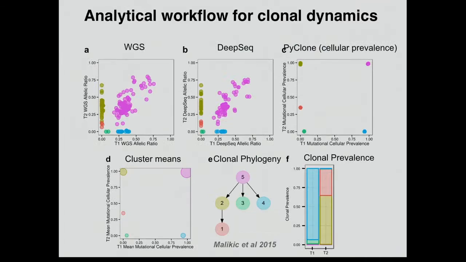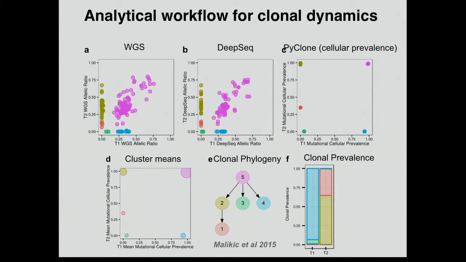So the workflow that we executed looks something like this. We did whole genome sequencing of matched pairs of the diagnostic specimen and the relapse specimen, and then plotted their allele fractions inferred from whole genome sequencing on an axis. So this is the allele fraction of mutations for the diagnostic versus the relapse, T1 versus T2, and you can see that there are mutations on the axes here, which suggests that there are mutations in clones that are probably not present at diagnosis, and then there are some mutations in diagnostic clones that actually don't expand in the relapse